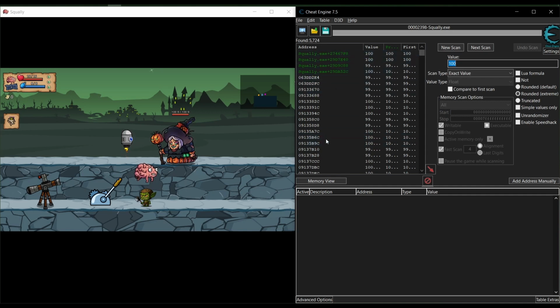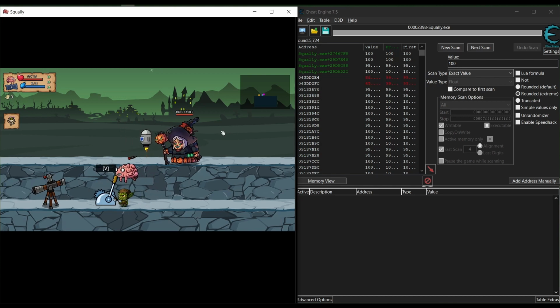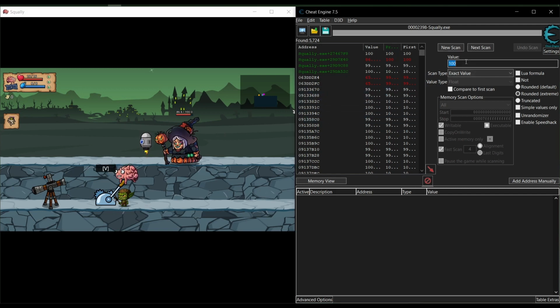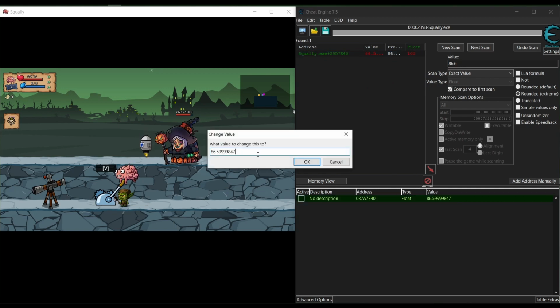Okay, we got a lot of addresses which contain 100 as their initial or current value. So let's deal some damage to the enemy. Press V. Okay, it took some damage, and now the health value is 86.6. So let's search for 86.6 compared to the first scan. Next scan. Okay, we got the address for health, and if we make it 0, the enemy should die, but